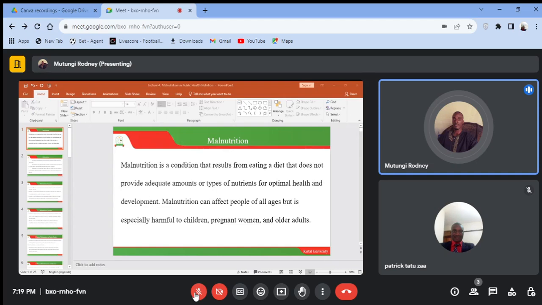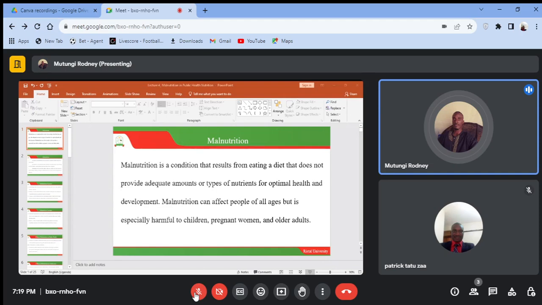So as you can see, malnutrition per se, according to UNICEF, is caused by inadequate dietary intake, and then sometimes being diseased. So if you have a disease, sometimes a disease affects the way your body absorbs food, okay? Or it even affects your appetite. So you're not eating well. But it could also be that you have the appetite, you are very well, you don't have any disease, but you are not taking any food. The food maybe is not available, okay? So that is inadequate dietary intake.